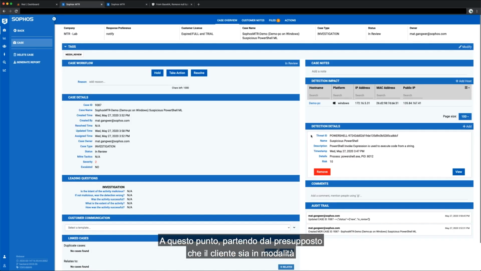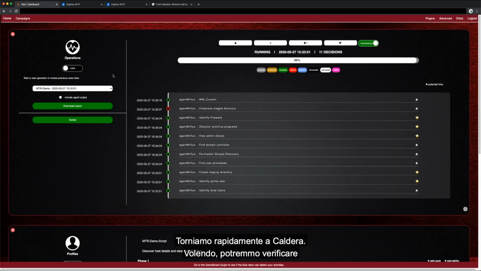So kind of where we would go from here is this customer, we're assuming that they were in authorized mode. So our team would then take all of the information that we analyzed, that being all of the event data that we discovered, the WMI data that we discovered. We would package this up along with the response actions that we took since we were in authorized mode. We'd package that out to the customer, send it to them, and let them know everything that we did in a nice, neat little package. If we go back real quick to the Caldera piece,